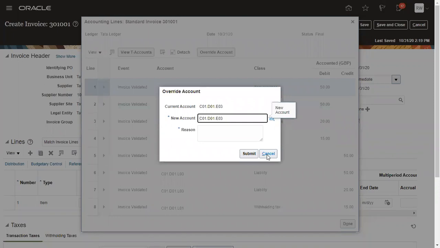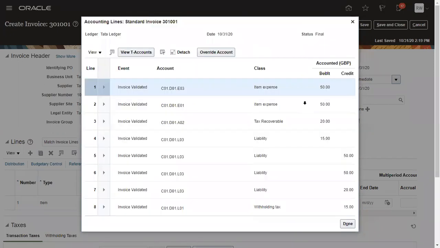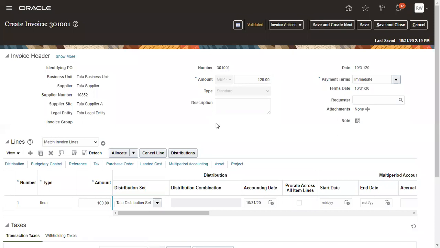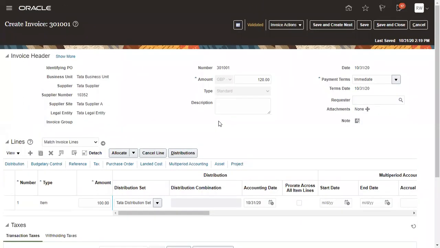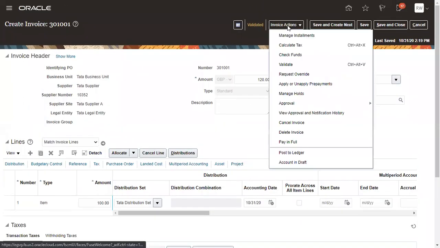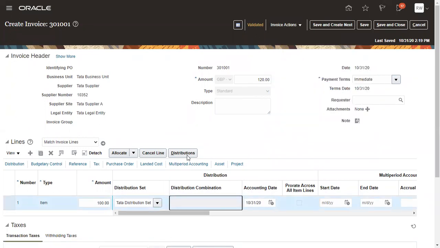You can't change, correct? No, ledger you can't change. You will not get any option to change your ledger. I have seen one of my guys who reports to me. He showed me this is the way you can go and change the distribution. So I said, you can say distribution, ledger you can't change. Not ledger, distribution you can say. So if you click here and click expense distribution, the account you can change.